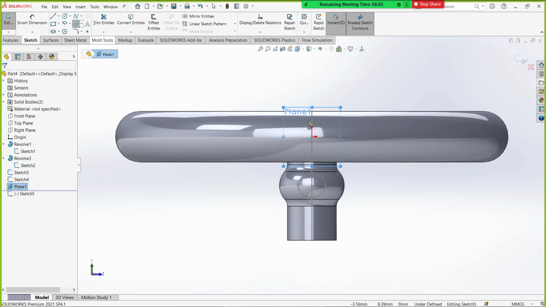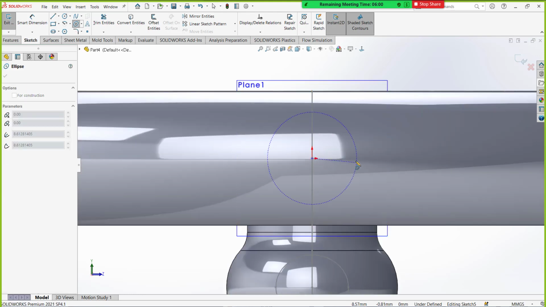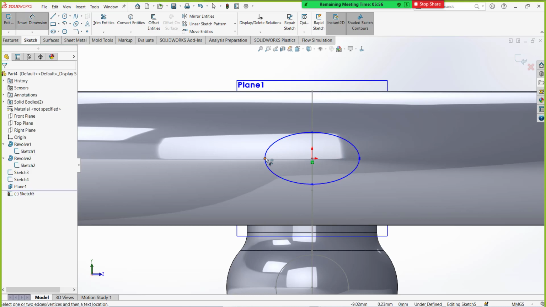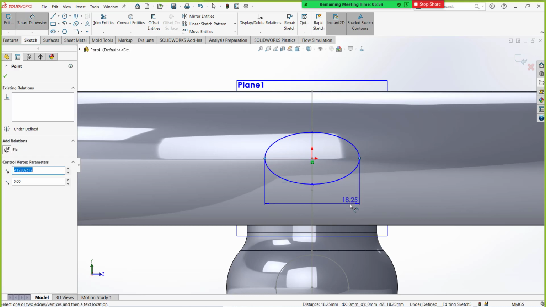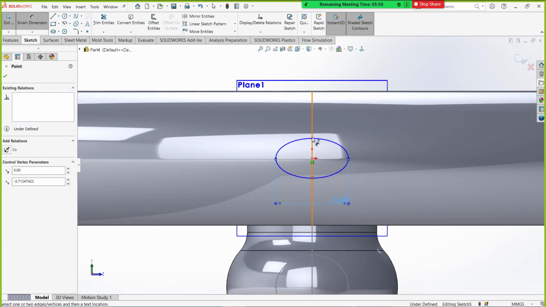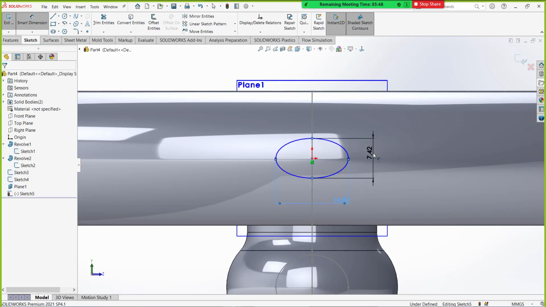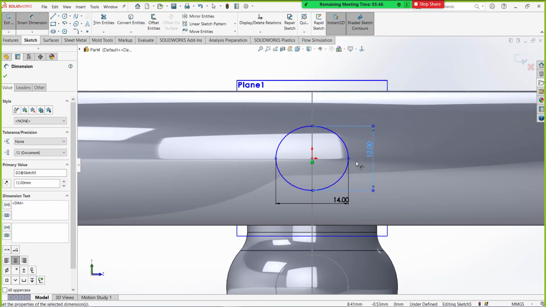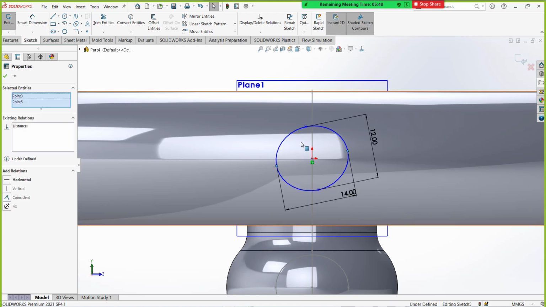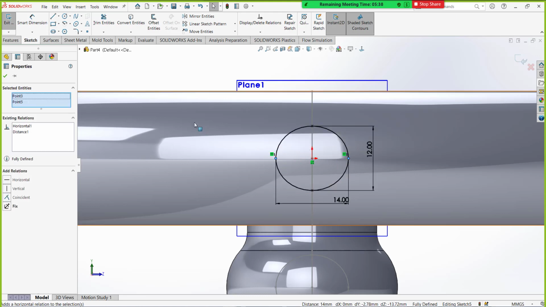Now let's use smart dimension, define the dimension. These are the two ways, but still it is underdefined. Why? Because the ellipse can rotate, the diameters, major and minor, will change, so I need to define them as horizontal so that they are fully defined.